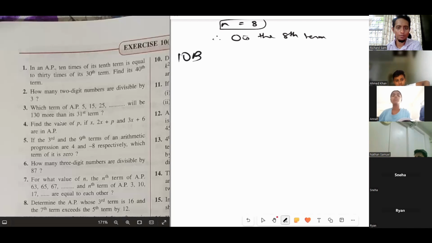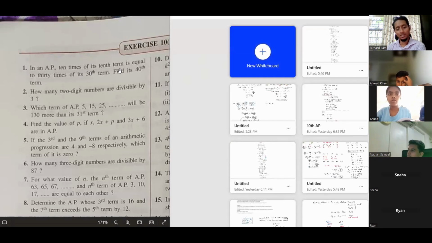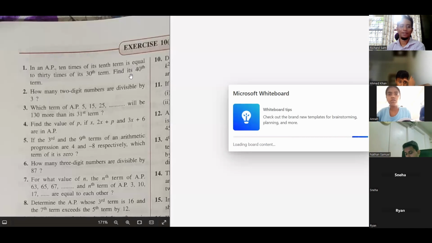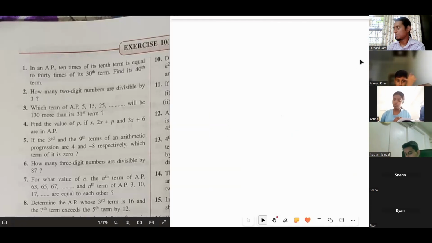Okay, exercise 10B. Read the first question. In an AP, 10 times its 10th term is equal to 30 times its 30th term. Find its 40th term. So same type of equations you have to make. Okay. So what is the first statement here? 10 times its 10th term. That means 10 into T10 is equal to,